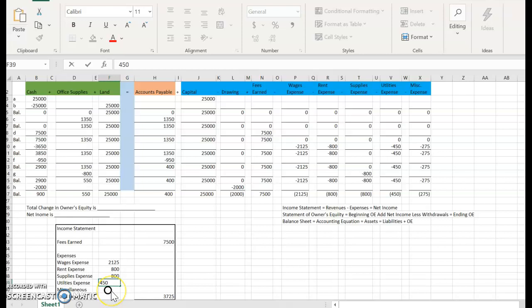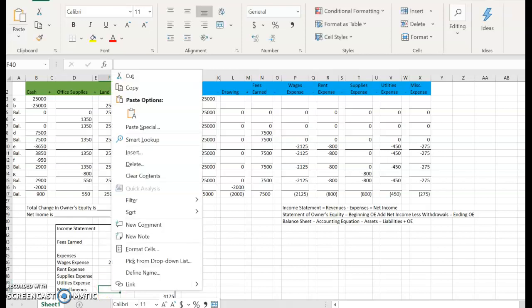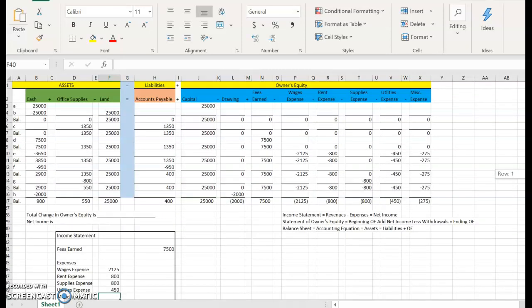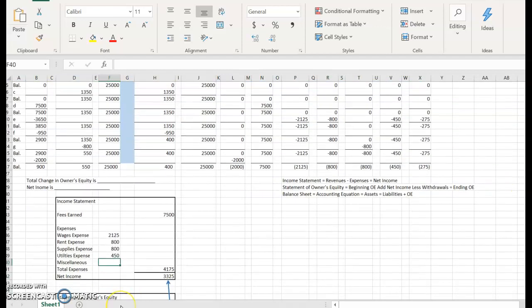Miscellaneous expense is $275, and we will sum all of those up, and this has already summed it for you. And so we take our fees earned less our expenses, and that gives us our net income of